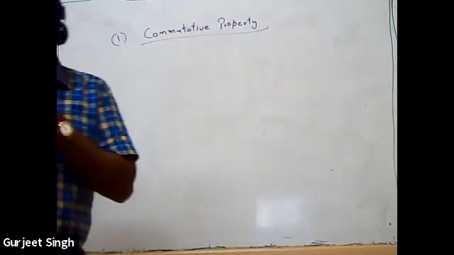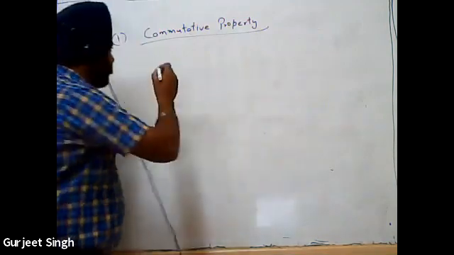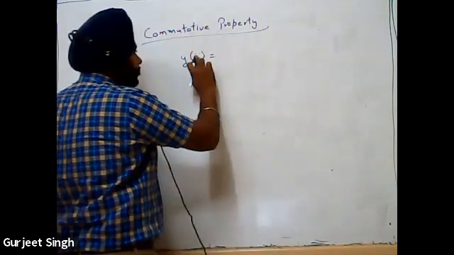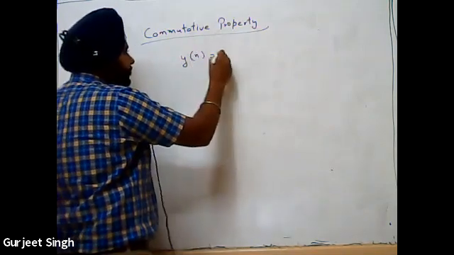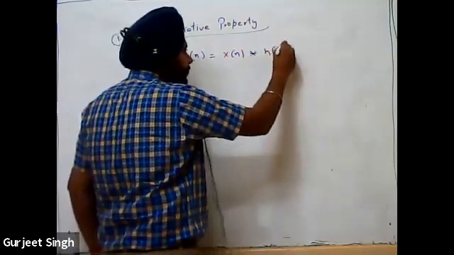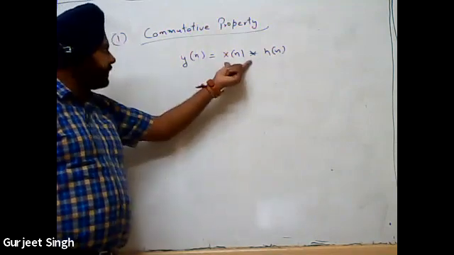So what is the commutative property of the LTI system? It says that if we have y[n] equal to x[n] convolution h[n],